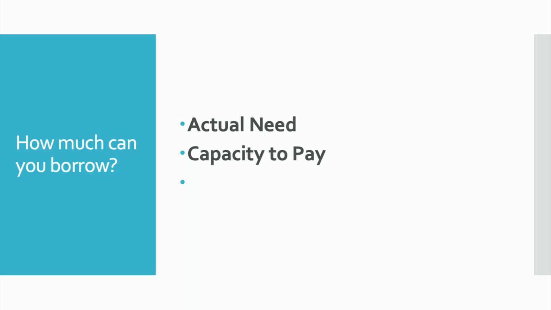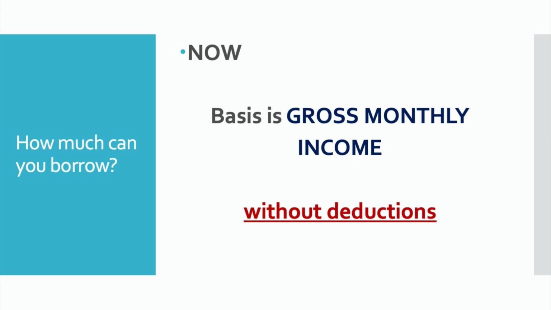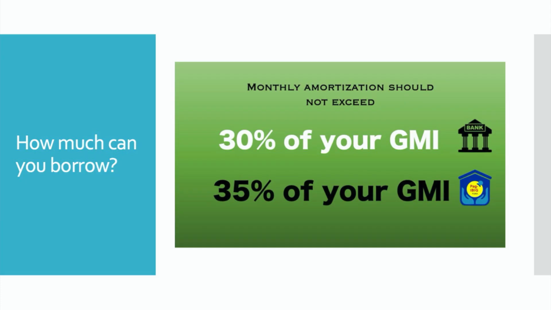So before, Pag-ibig used to base the approval on the net disposable income. So it means they have to less the benefits like SSS, Pag-ibig, PhilHealth, and the net becomes smaller. But now, they only base it on your GMI, or your gross monthly income. So it's very simple. The rule of thumb is 30% of your gross monthly income for banks and 35% for